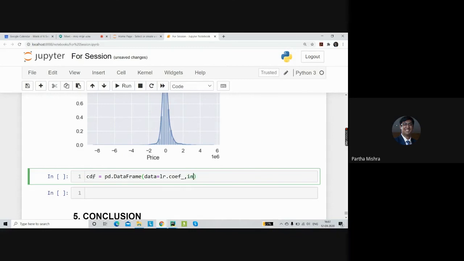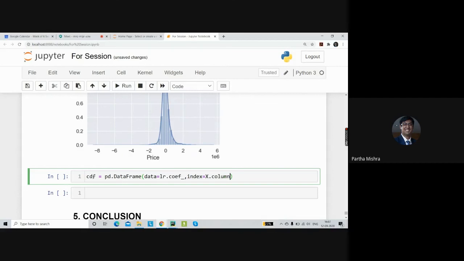The next thing that we have is the index. Because we're creating a data frame, let's keep the index as the column names, that is our attributes, only the columns which we have chosen for creating this particular model.